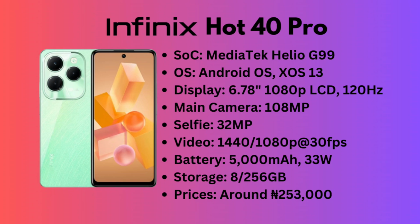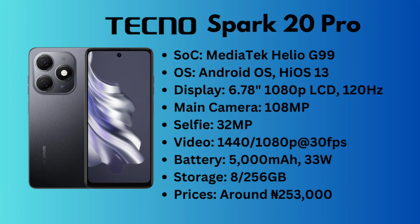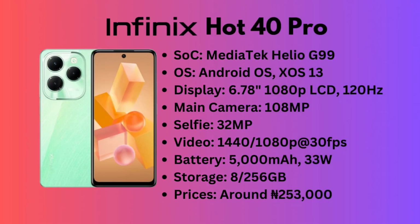Both phones use the same 108 megapixel camera and 32 MP selfie. Both phones also record videos of 1440p at 30 fps. Both phones have 5000 mAh battery and both phones use 33 watts of fast charge. Literally the same phone, right? And they also both sell for the same amount,